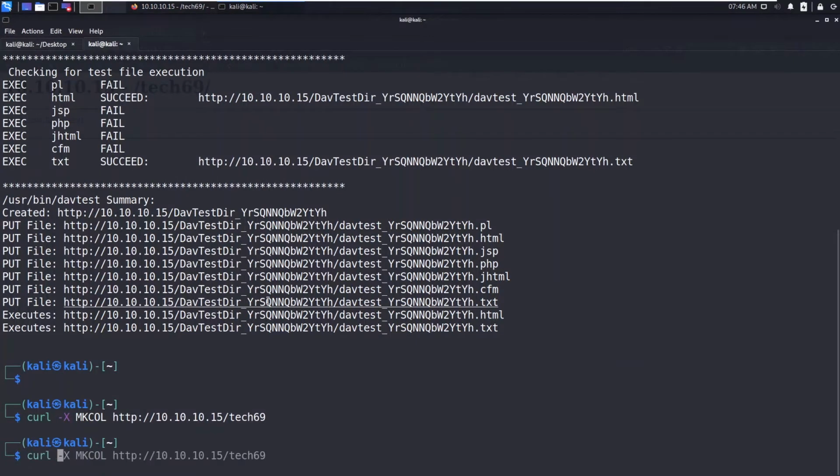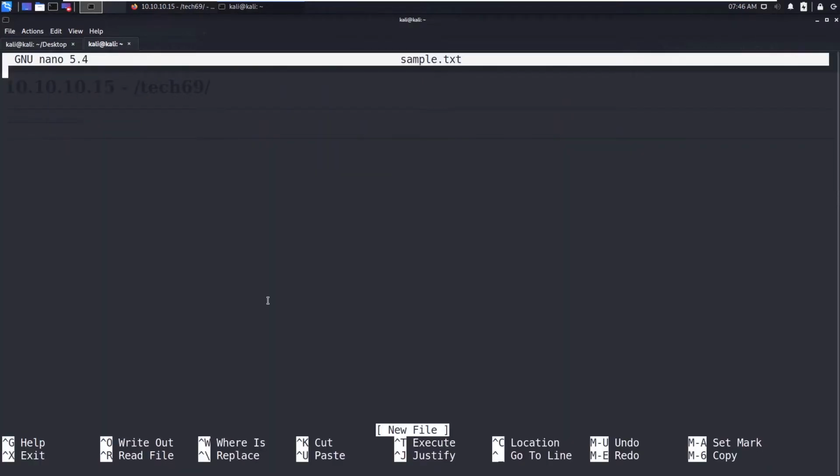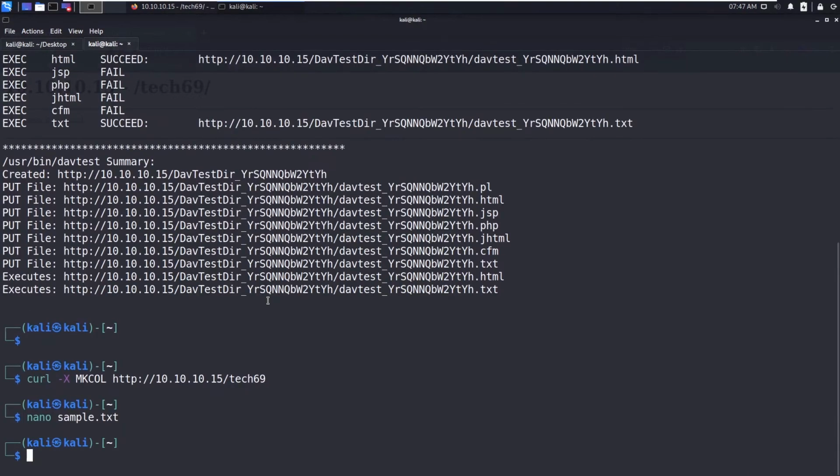Now what I'm going to do is, let's say, nano sample.txt. So let's say this is a sample text file. Now I'm going to upload it to the text69 directory, using PUT and the HTTP URL.